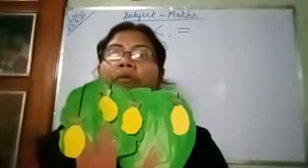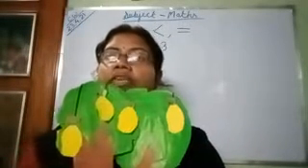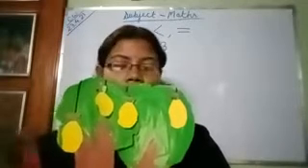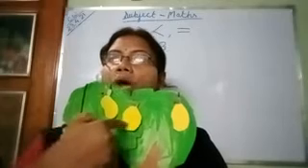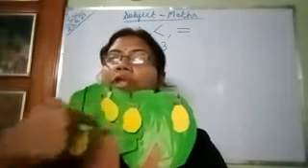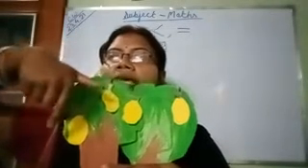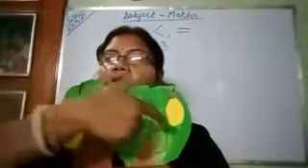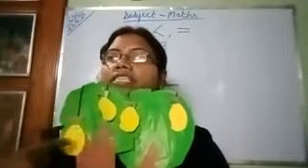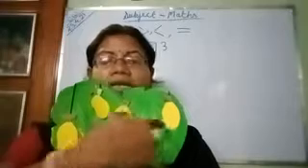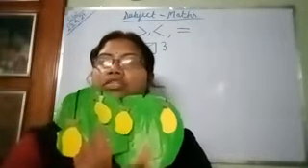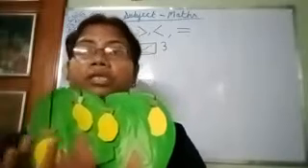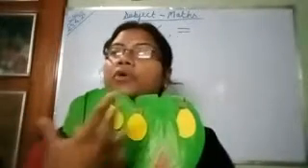So will we open our mouth on this side or this side, where the mango is more? On which side is the mango more? This side, in this tree. 1, 2, 3. So we will open our mouth on this side, not on 1. This side is more, this side is less. This tree has more mangoes than this tree. We will open our mouth wherever the things are more, wherever the mangoes are more in number.